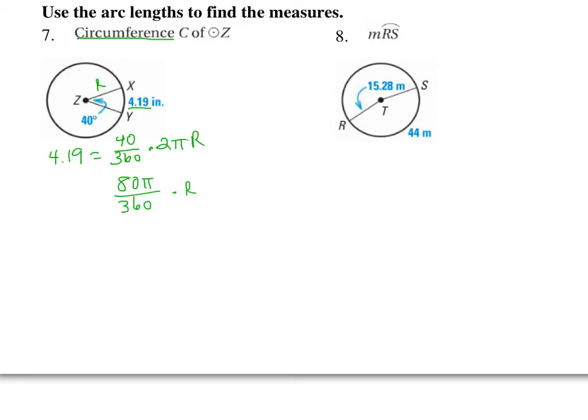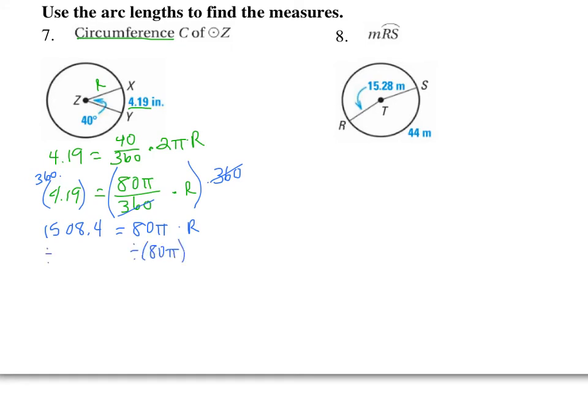On the other side of my equation, I still have my 4.19. So here's one thing that you're going to want to notice: I want to get rid of the fraction just because that's going to be easier. So if I multiply this side by 360, it's going to cancel that fraction out. So we need to multiply by 360 on the other side as well. So that means the left-hand side gives us 1508.4 exactly, so don't round it, just leave it the way it is. And then I have 80 pi times my r. So I need to divide by 80 pi, and notice I'm keeping parentheses in it, and you need to do the same because when you type this in your calculator, you need to keep parentheses around it. So when I do that, I get